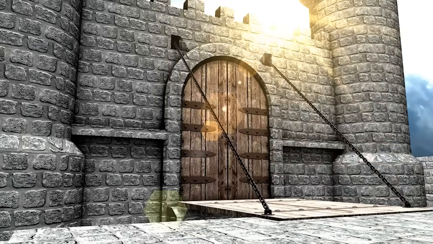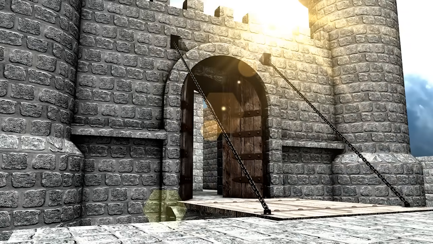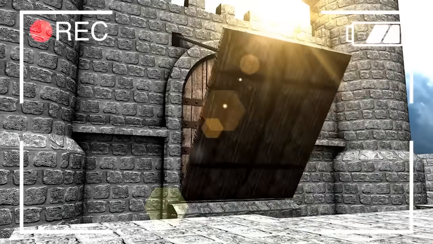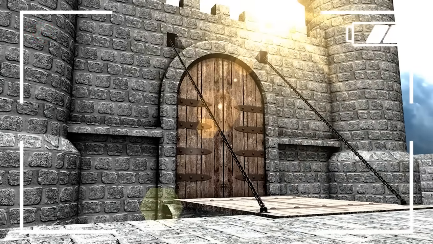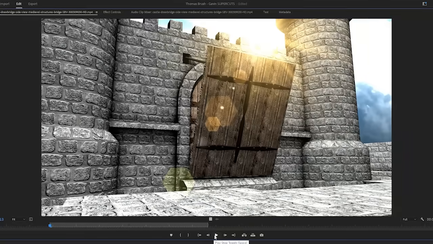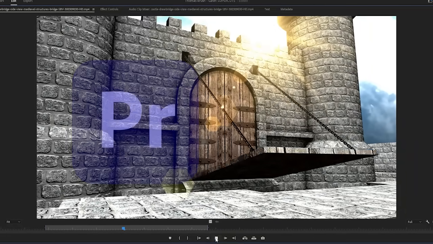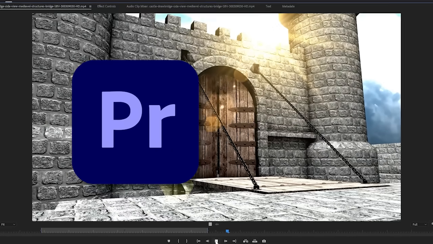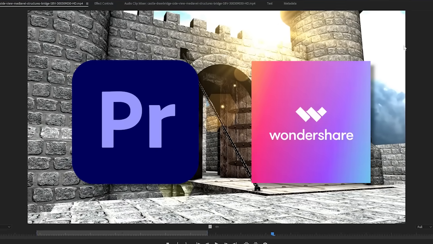So for the sound effects, what I'll do is I'll have a sound in mind. Let's say I've got a drawbridge that falls down in a mission and it hits some wood planks, and I want to have a loud echoing sound as that drops down. So what I'll do is a screen recording of that action in game. First I create the scenario, I record it, and then I put that into a video editor. I'll use either Premiere, or sometimes Wondershare for my audio editing.